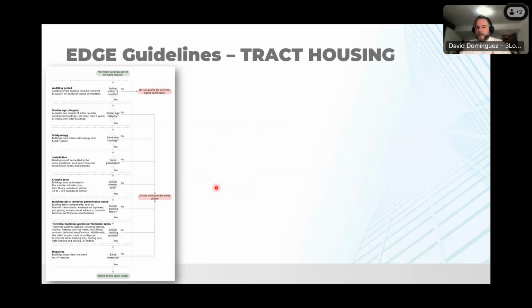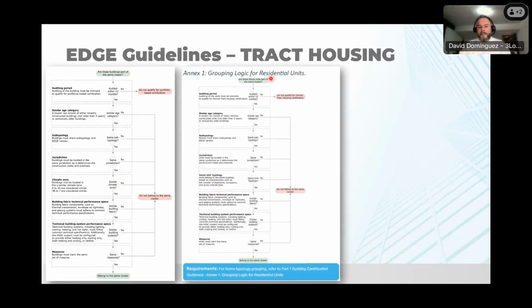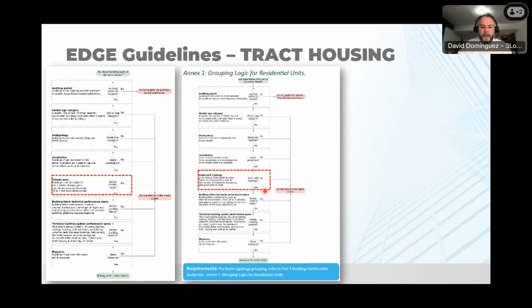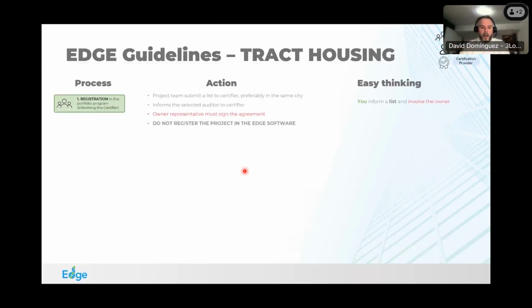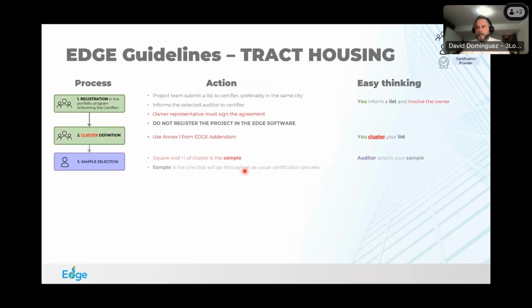Again, we also have an annex informing this. This is annex 1 of grouping logic for residential units, and this is what you need to follow, which is exactly the same thing except for the home unit typology. You cannot put together in a cluster something that is low income with higher income, or multifamily with homes, like apartments with homes. So it is the same thing. It is exactly